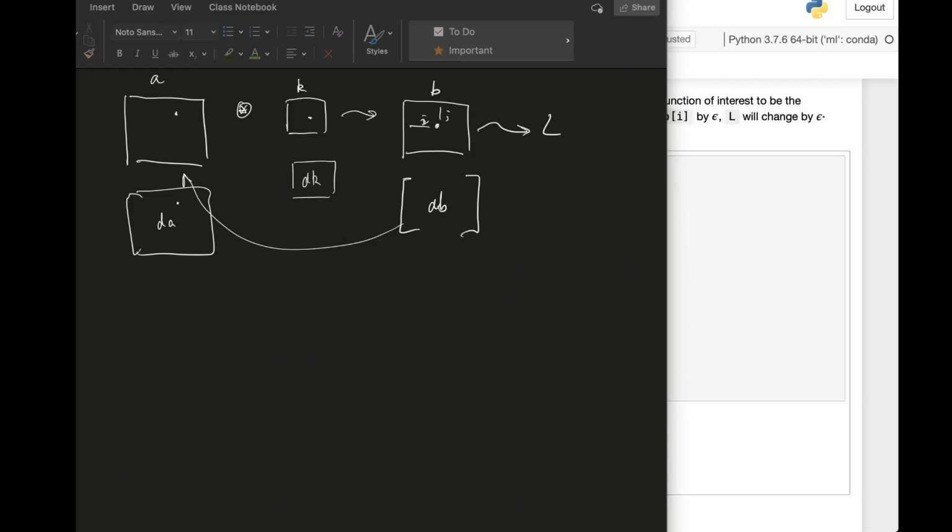Say given dB, next let us consider computing the corresponding dA first, which is followed by computing dK. We now have the values of A and K and dB, and this is our target. The technique is to try to understand how a change in one element, for example i and j,